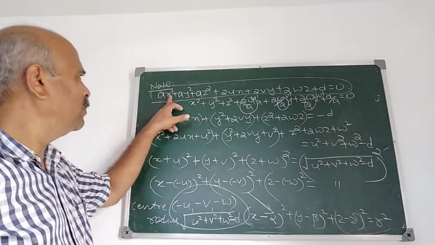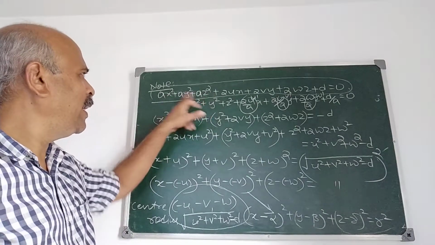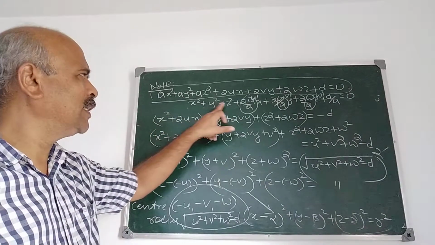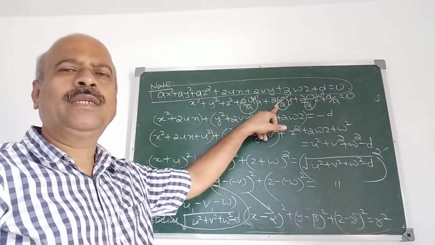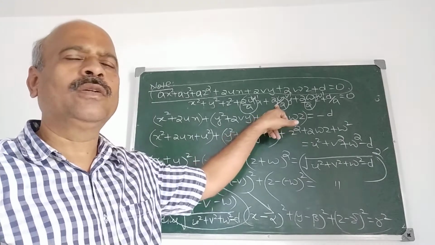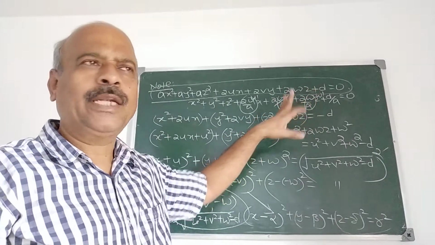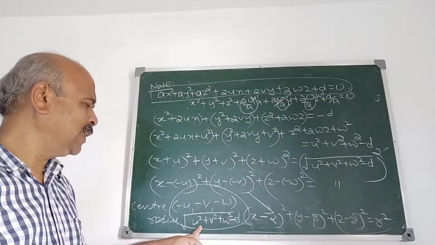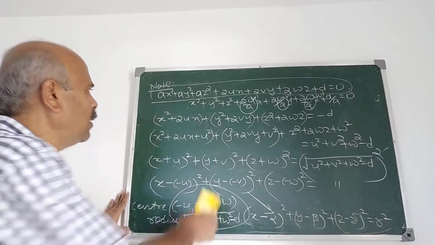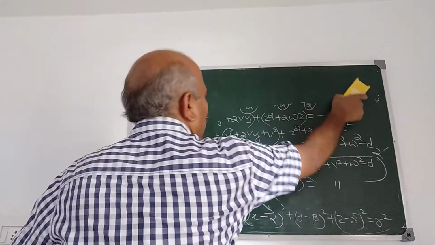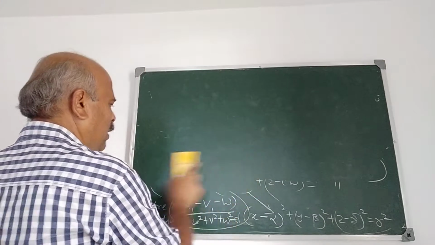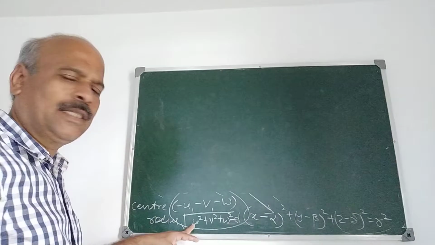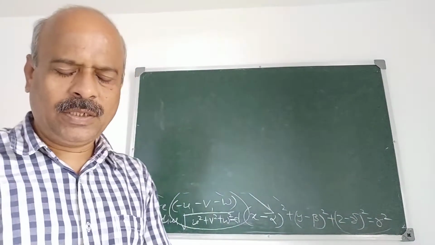But to solve the problem, you have to first divide by a and reduce this to standard form, because x square plus y square plus z square plus 2ux plus 2vy plus 2wz plus d is equal to 0 is the standard form. Standard form in the sense that then we can apply this formula for center and radius. So the derivation is important here, and in the derivation we have obtained the formula for center and radius also. Now see the problems on this.